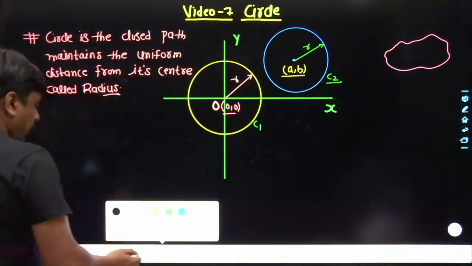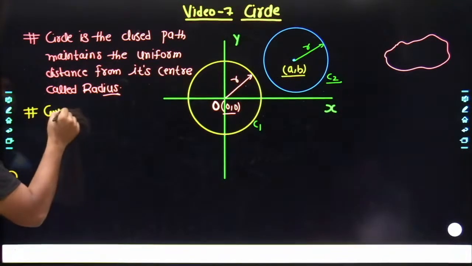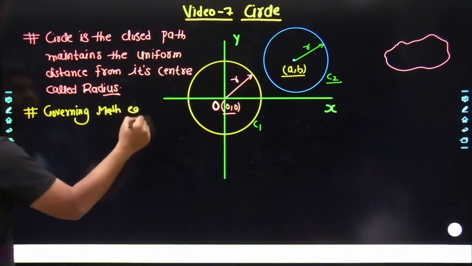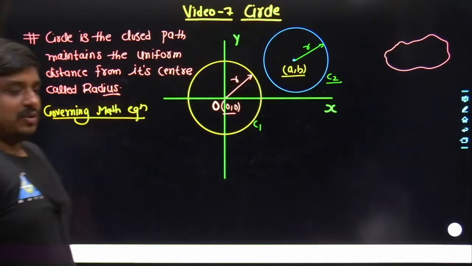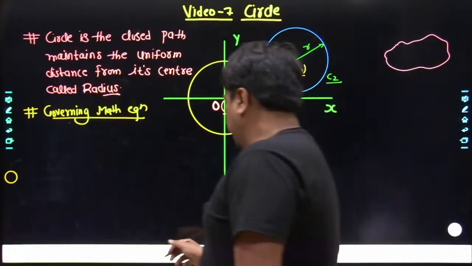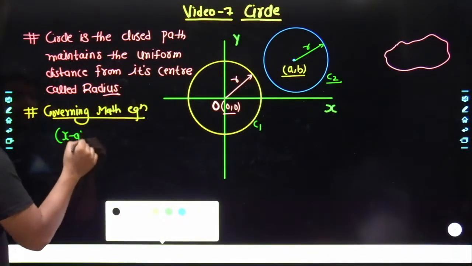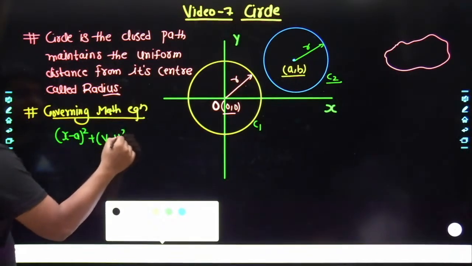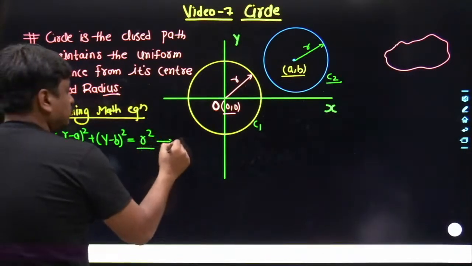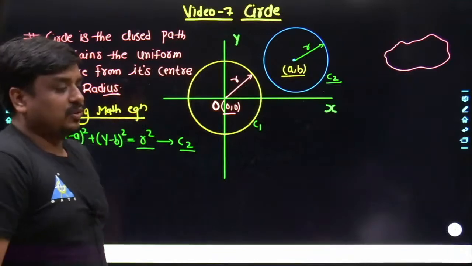So the next important thing regarding this circle is its governing mathematical equation. Which equation must be governed by a circle which has been centered at a, b and has the radius equal to r? Many of us must be knowing about it. Yes, and what is it? That is nothing but (x minus a) to the power of 2 plus (y minus b) raised to 2 is equal to r square, and you can write this as the governing mathematical equation for circle number 2,